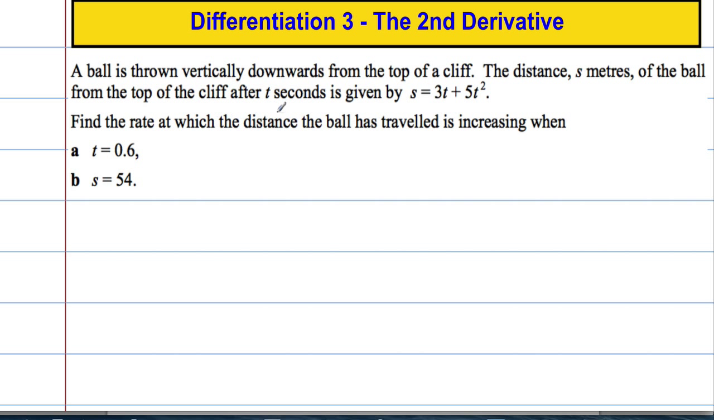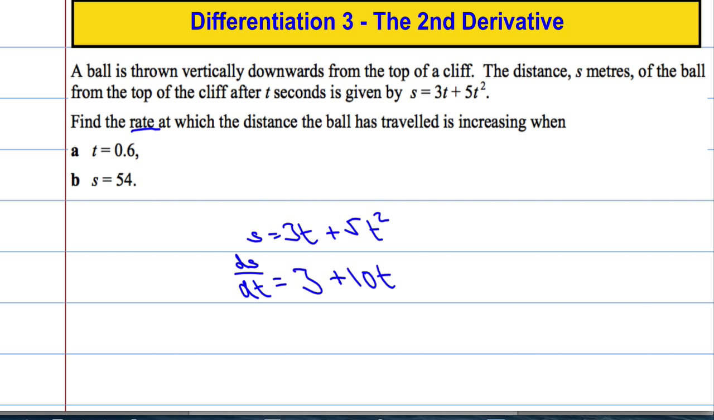Find the rate at which the distance the ball has travelled is increasing when t equals 0.6. The key word in this question is the word rate, and when we see the word rate, that means we're going to differentiate. So if I take the function s equals 3t plus 5t squared, and I find the rate of change of the distance, ds, with respect to the time, dt, so differentiate with respect to t, we get 3 plus